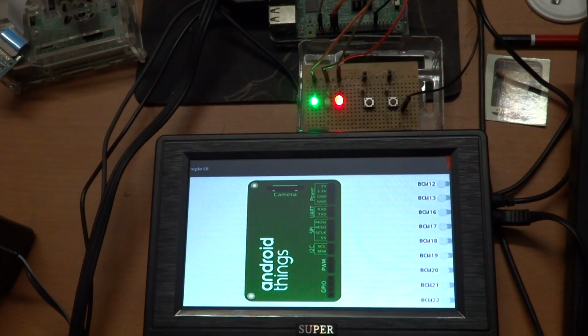So as you can see, there are a few things that I will be pointing out on this particular demo. First of all, the Blink LED app is running in the background. So yes, two or more apps can be running at once. Apart from that, the apps can communicate among themselves about what pins are being used by the other apps. So you can see the BCM 6 pin has been disabled in this example as it is being used by